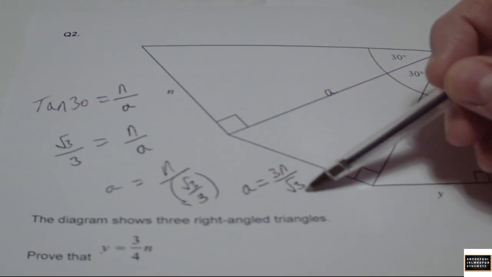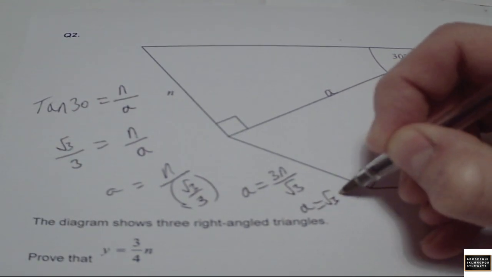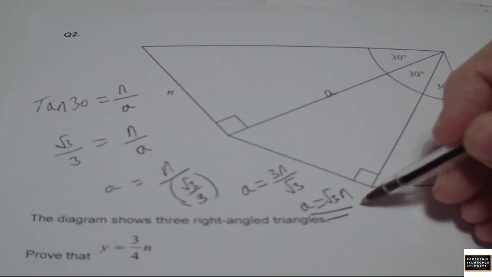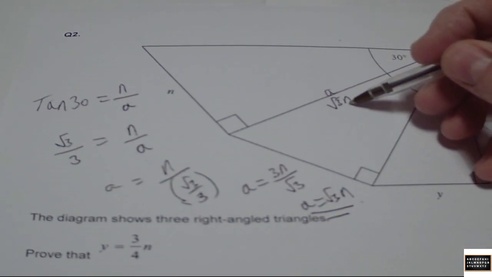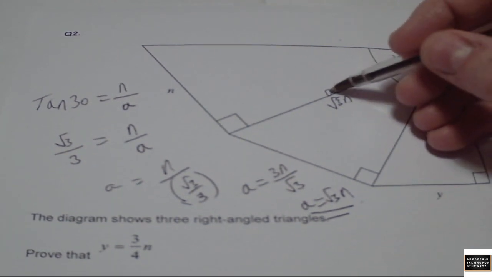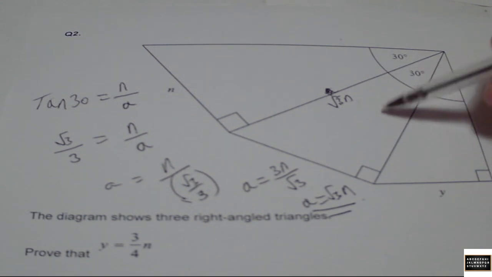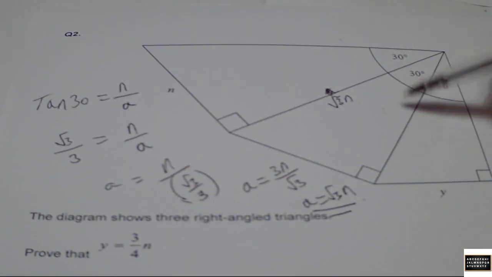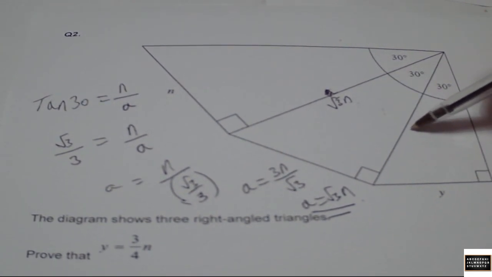Now 3 over root 3 is just root 3. So this is just going to be a equals root 3n. So that's my expression for a, root 3n, which I'm going to write in now. Now when you get to that, just going to cross it out there. When you get to that, we've got then really to look at this second triangle, and this second triangle has got this is the hypotenuse now in my second triangle,